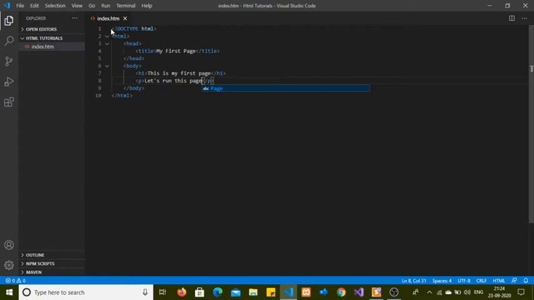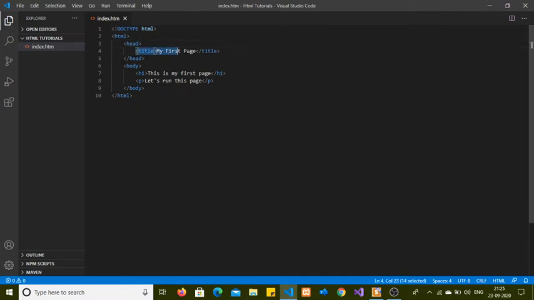This is the sample HTML document that I created. I named it index.html. I included doctype html. It will tell the browser this is an HTML5 document. I enclosed the whole document in between the html tag, which is the root tag of the HTML document. Inside I created a head section and a body section.